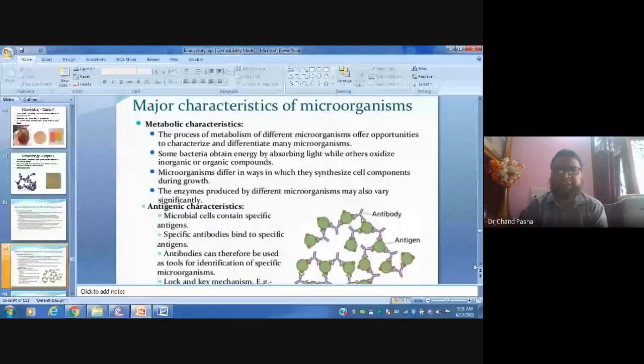Based on the immunological characteristics, we can identify whether our specific species is there. If it is Plasmodium falciparum, which can be fatal, we give a specific treatment. If it is vivax, generally treatment is given for anything, but falciparum is more dangerous, so we need to go for specific treatment. The same case holds for typhoid: typhoid A, typhoid B, paratyphoid A, paratyphoid B. In such cases also, immunological characterization is required.